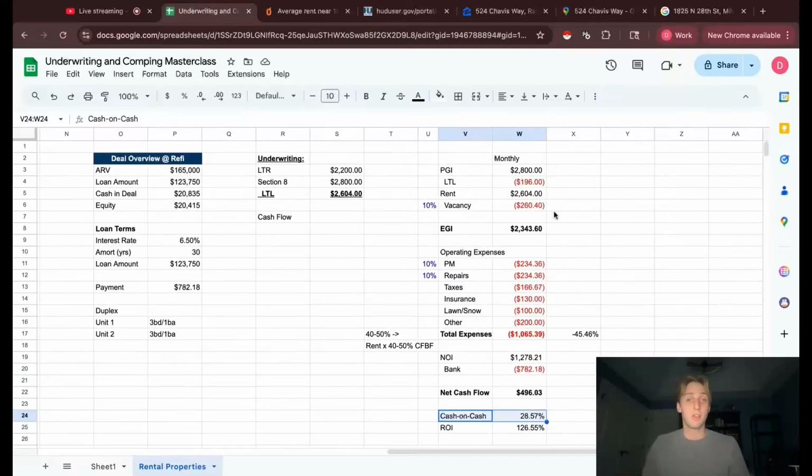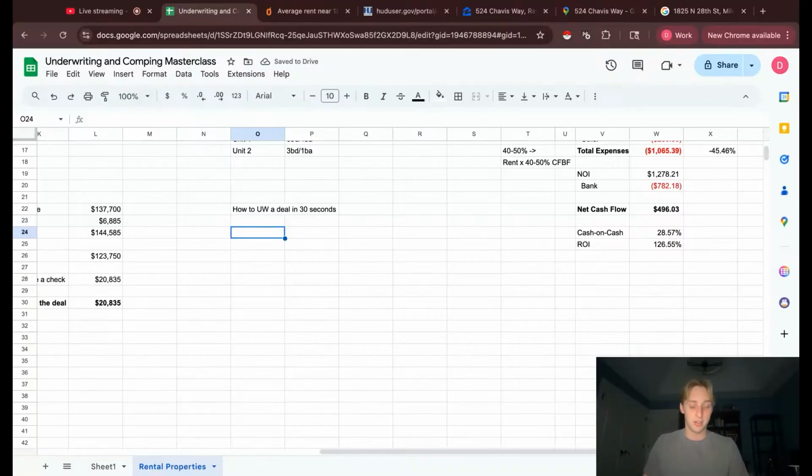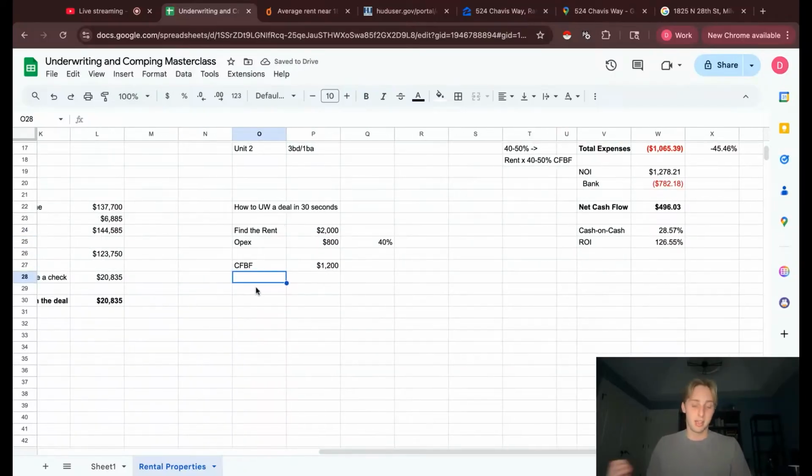And if you want quick and dirty, this is how I can underwrite a deal in 30 seconds. How to underwrite cash flow: find the rent. Let's say it's $2,000 a month. I'm going to say OpEx is 40%. So take my rent times 40%. That's my expenses. Cash flow before financing is, boom, $1,200. Really quick. And then look at my cap rate. Let's say the purchase price was 180 grand. My cap rate is